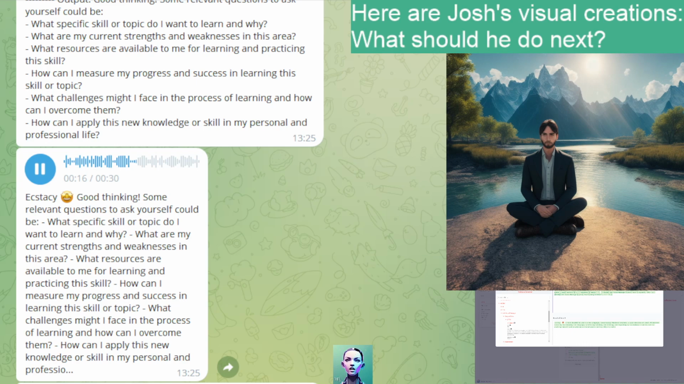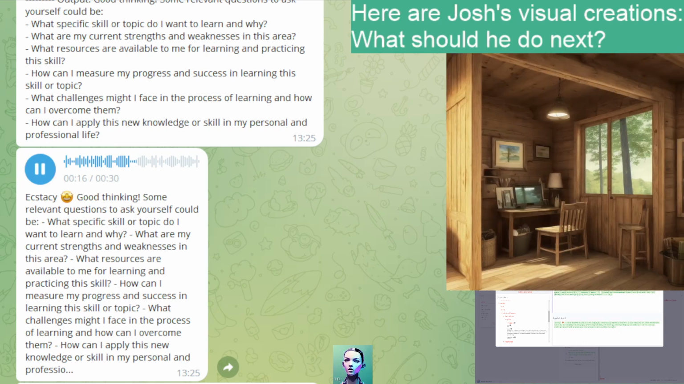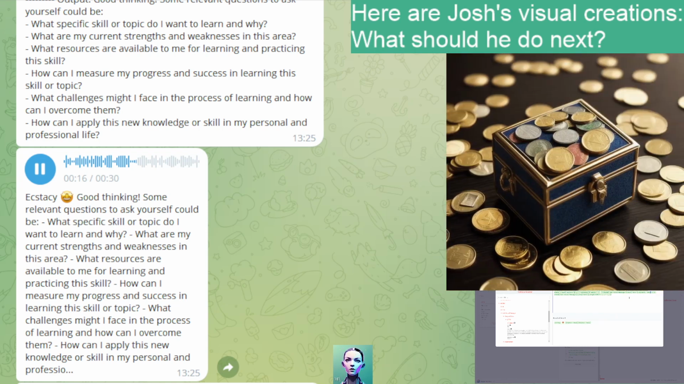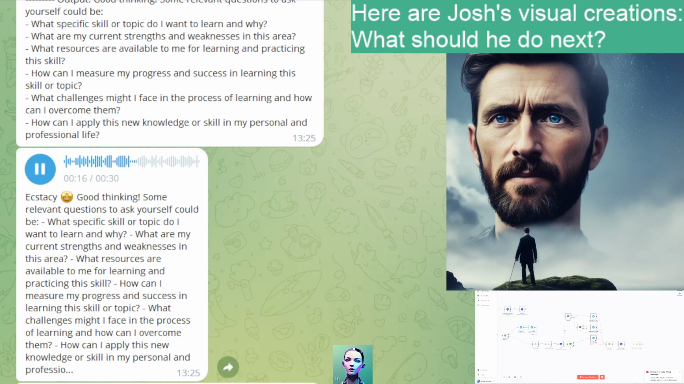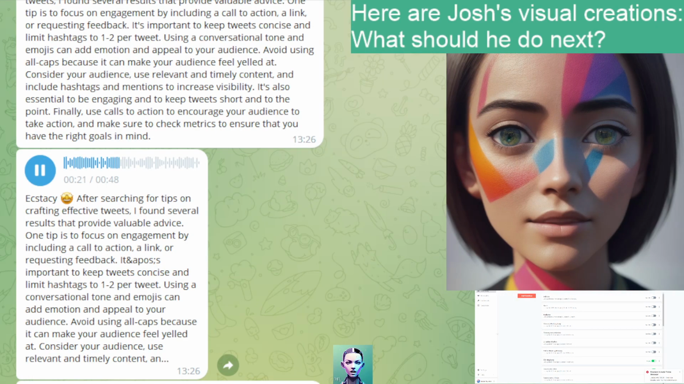After searching for tips on crafting effective tweets, I found several results that provide valuable advice. One tip is to focus on engagement by including a call to action, a link, or requesting feedback. It's important to keep tweets concise and limit hashtags to 1 to 2 per tweet. Using a conversational tone and emojis can add emotion and appeal to your audience. Avoid using all caps because it can make